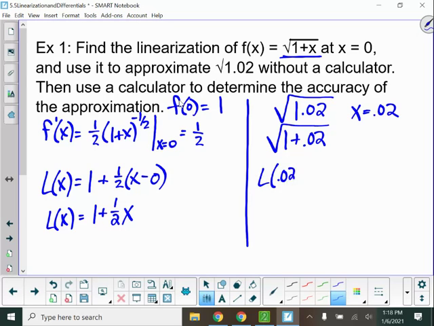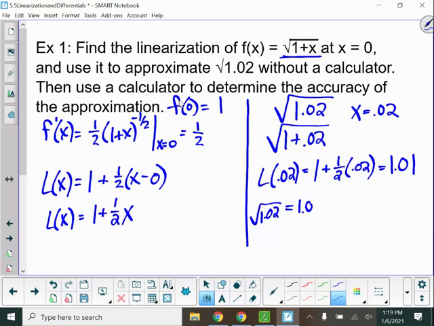So L of 0.02 is going to be 1 plus half of 0.02. Well, half of 0.02 is 0.01. So our approximation here is 1.01. Now, if you look at the actual value of the square root of 1.02,